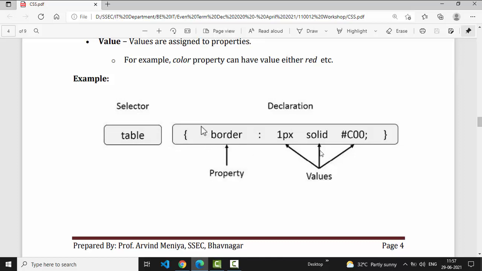These are the different values which will be applied to the border of the table tag. 1px defines the thickness of the border, solid defines the type of border, and #C00 defines the color of the border. So in this way you can use your CSS.